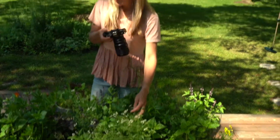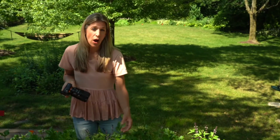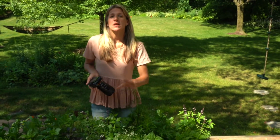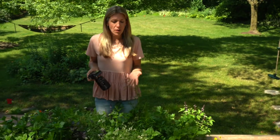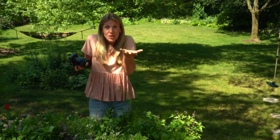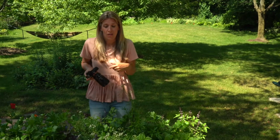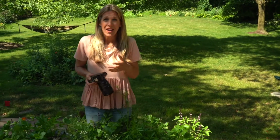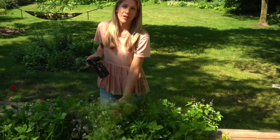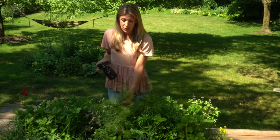So do that over a 1 month, 2 month period, however long it takes for this flower to go to coriander and to completely dry out. From there, I could turn it into social media posts. I can turn it into a YouTube video, a Facebook video. I can put it on my website. I could create an ebook from it. There's like a million things I could do from just this one little documentation of how cilantro